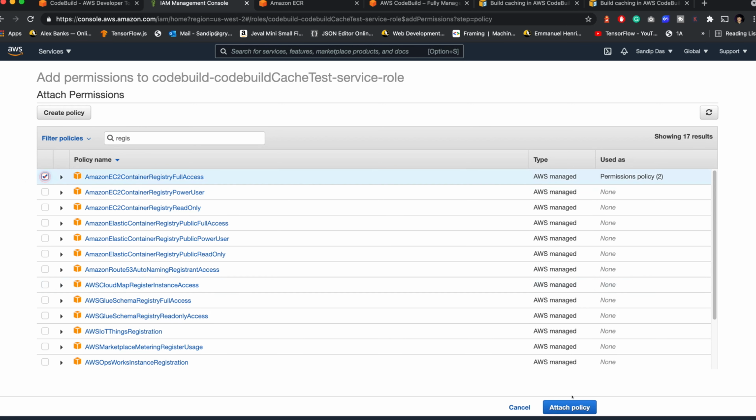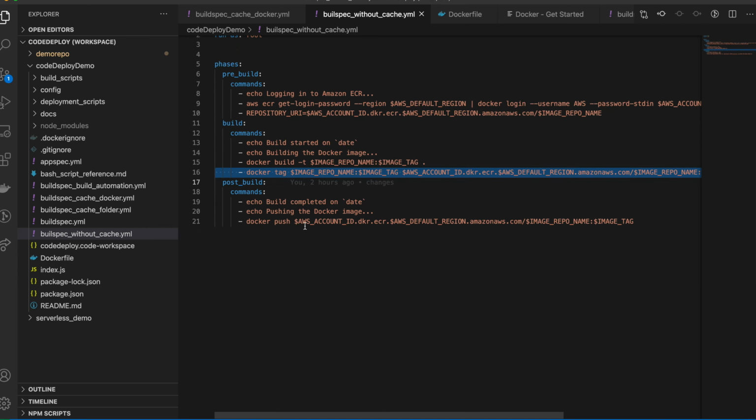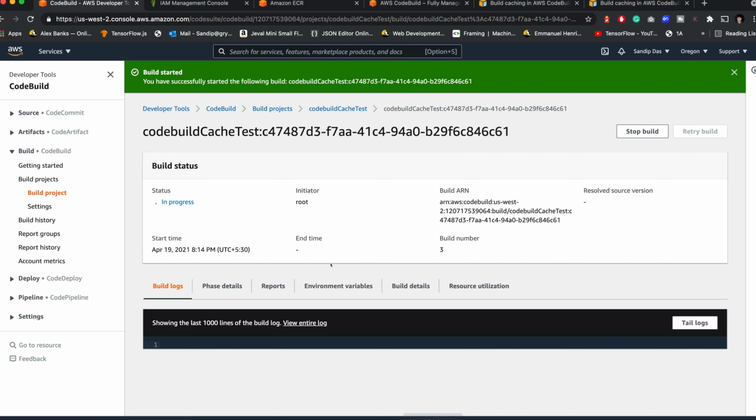All done. Now just come here and retry the build. So let's see, after retrying the build, it should work fine now. While it's happening, let's see the code. In the code, you might see that we are logging in during the pre-build phase. Then we are making the build here, and then tagging the local build with the remote repo, and then we are pushing it in the post build phase. We are pushing to the remote repository.